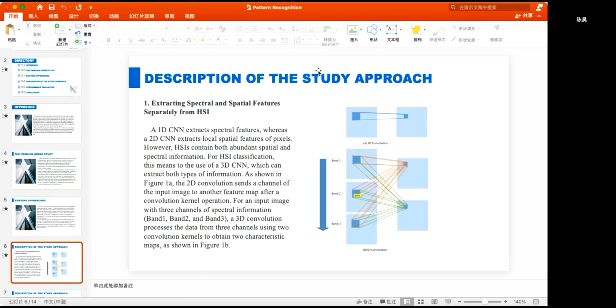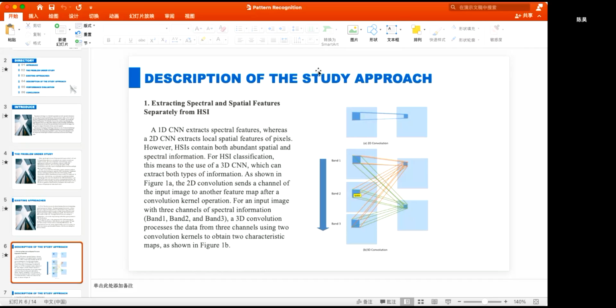The first part is extracting spectral and spatial features separately from HSI. A 1D CNN extracts spectral features, whereas a 2D CNN extracts local spatial features of pixels. However, HSIs contain both abundant spatial and spectral information for HSI classification. This means it's better to use a 3D CNN, which can extract both types of information, and shown in